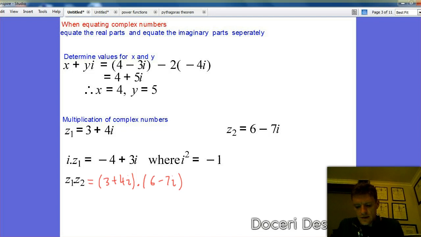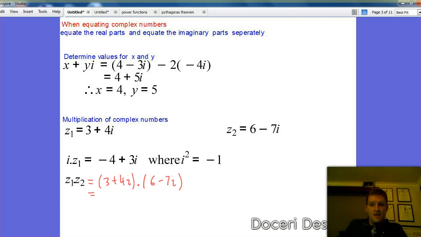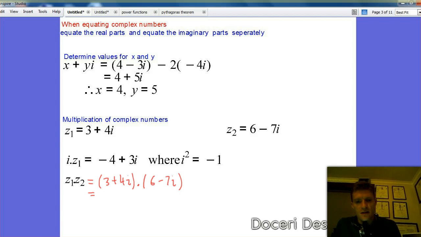So as you can see, in this multiplication, it's just like a double bracket expansion, which we've practiced numerous times. So the first term we'll get 3 times 6 is 18, minus 21i, plus 4i multiplied by 6 is 24i, and then finally we've got negative 28i